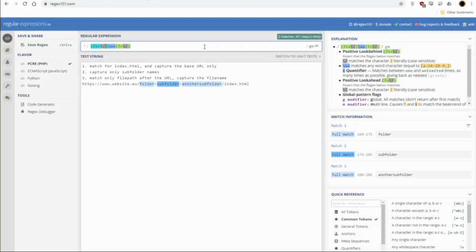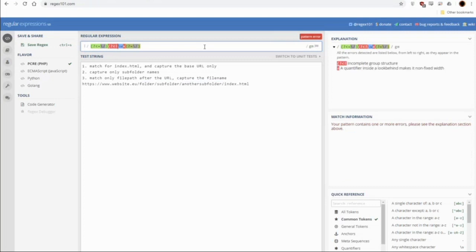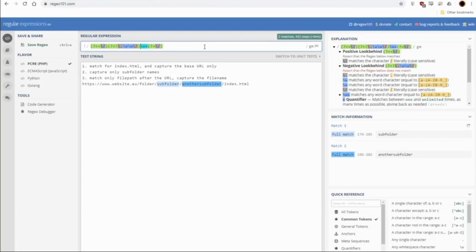So if I were to change this positive look behind, or even just add one, and say a negative look behind for a slash preceded by a word character, another word character, and a dot, right? Boom. Now we're only capturing the subfolders here. So this one's a little tricky because if I change that to com, now it's capturing folder